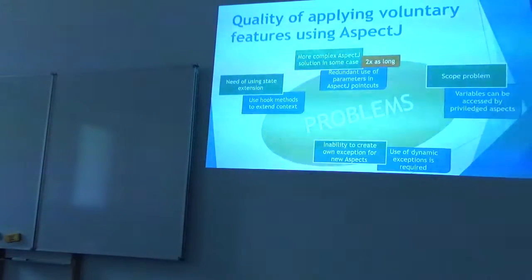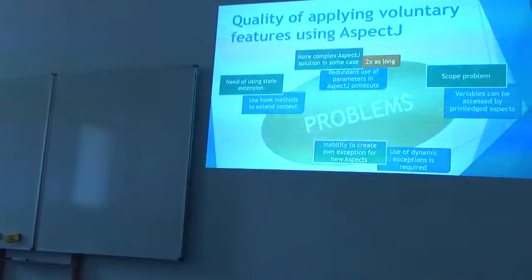They help you to access private fields, but in the end, this granted access can be a real disaster for this type of systems. Then they usually need state extension because join points are not available in many cases,